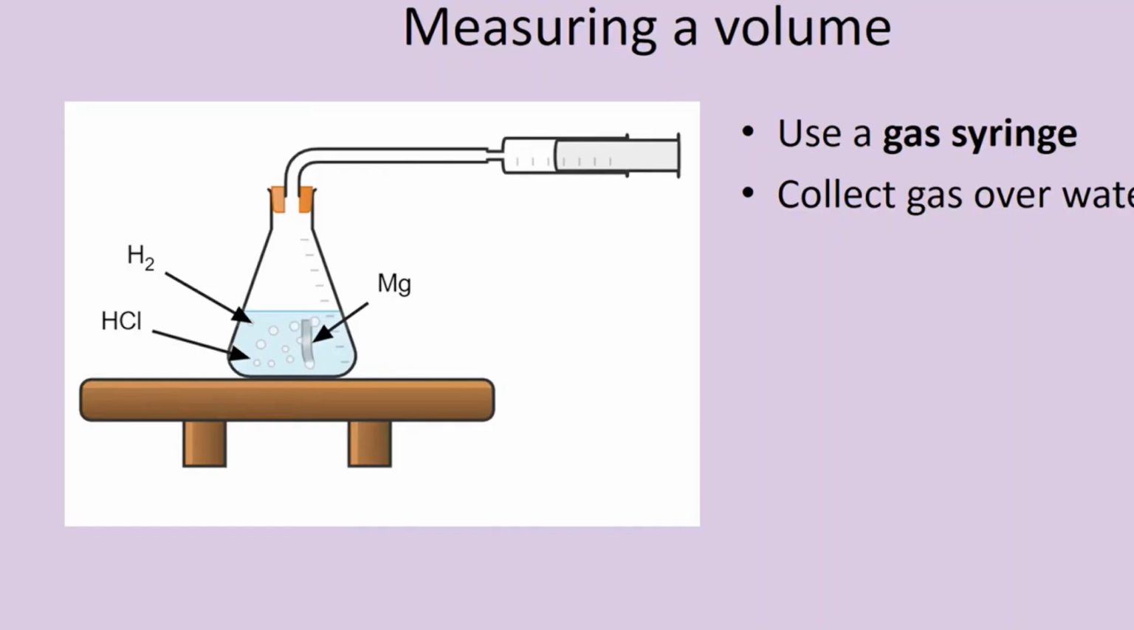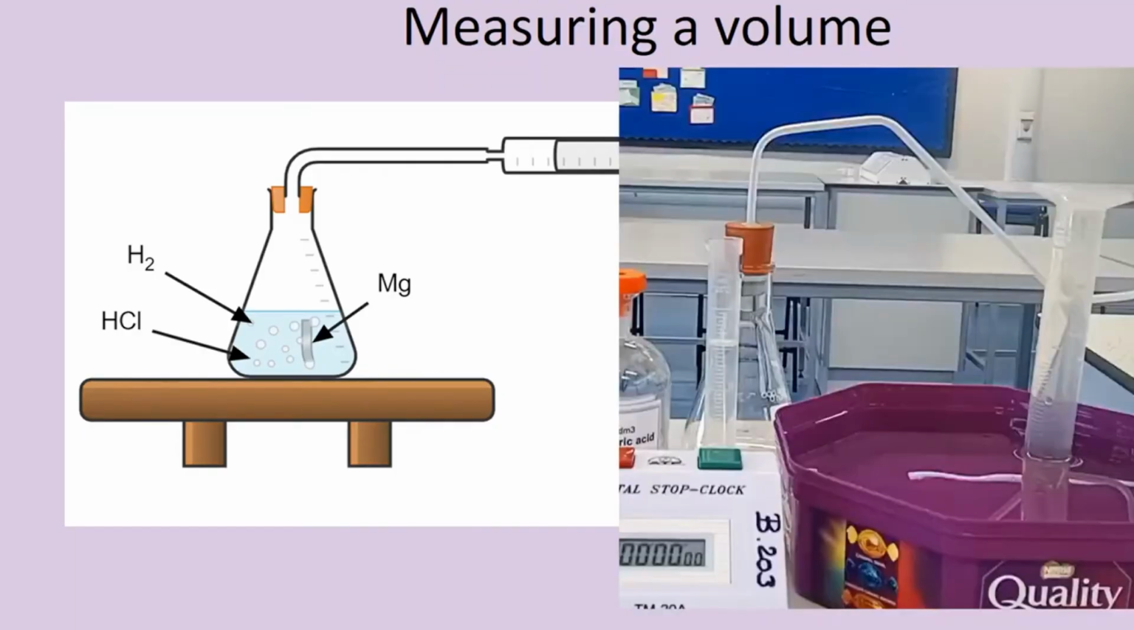What you're more likely to have done instead is collect gas over water. This involves using an upturned measuring cylinder full of water and a delivery tube that comes from the conical flask where your reaction is happening into that measuring cylinder. As the gas is produced, it will displace the water and push it out. So by reading the size of the gas bubble on the measuring cylinder, we can determine how much gas has been produced. In this video, we're going to look at the reaction of magnesium strips with hydrochloric acid, which produces